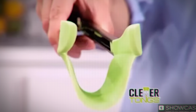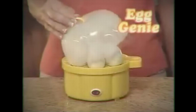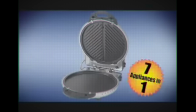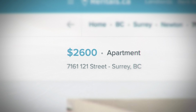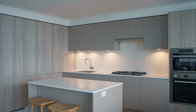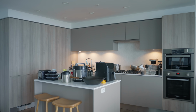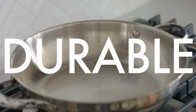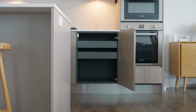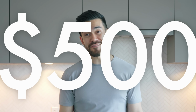Over the years, I've been caught out purchasing kitchenware that I never really needed, that ended up living rent-free in our home. And because rent in Vancouver is expensive, I want to find out just how small you can make a kitchen without compromises. So I'm going to see if I can condense an entire kitchen's worth of the most cost-effective, durable, and high-performing kitchenware inside a single kitchen cabinet, all coming to a total cost of no more than